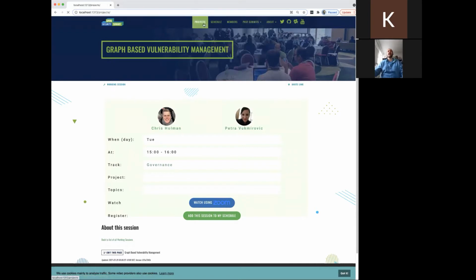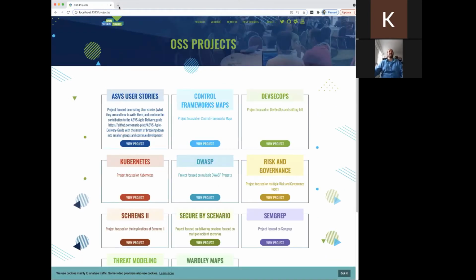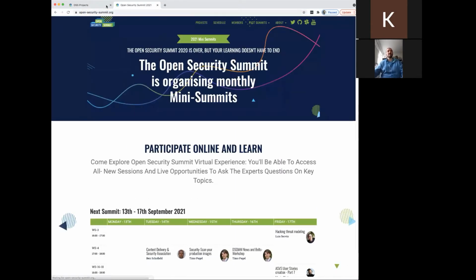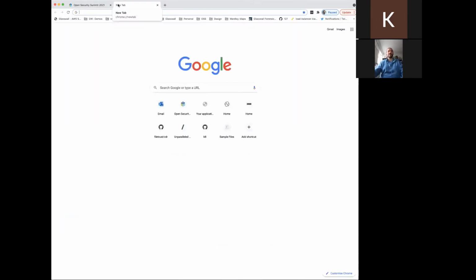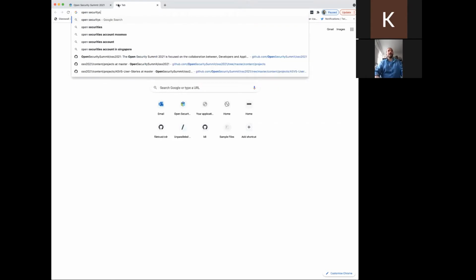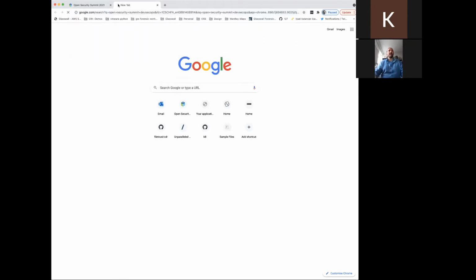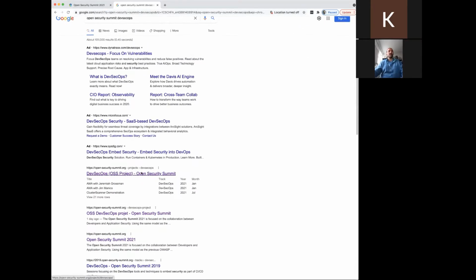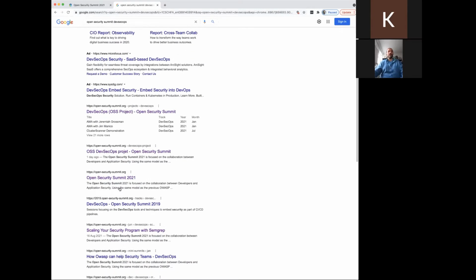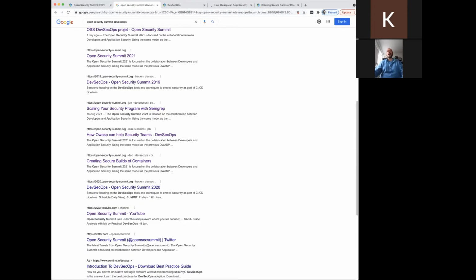For example, if I want to find a threat modeling session on the summit, I realized I was not online. This was just my local environment. So it's almost easier today to Google for it than to actually go to a page about it. And so again, you could see these really cool sessions, but how do you get to them,